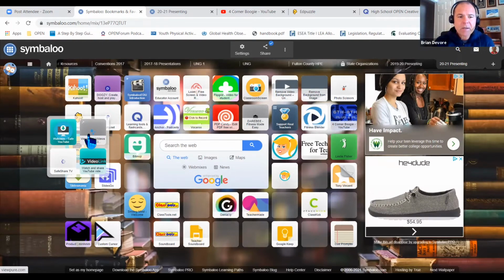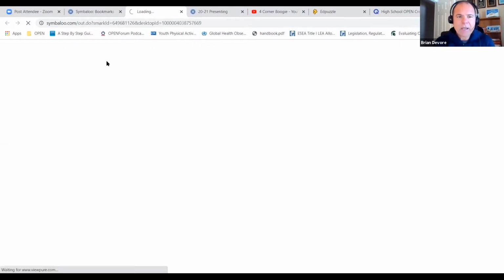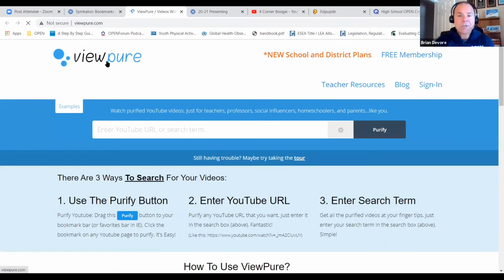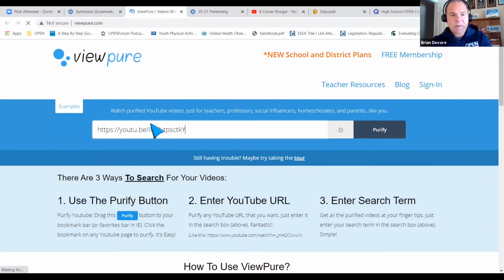ViewPure right here is one of my favorites because it will allow you to create an account. I'll go ahead and click on that. So you can use it with or without an account. I like to log into my account typically, but it's very simple and the other two work very similarly. So it says here, enter the YouTube URL or search term. So if I just paste in the YouTube link that I copied and I click this purify button,